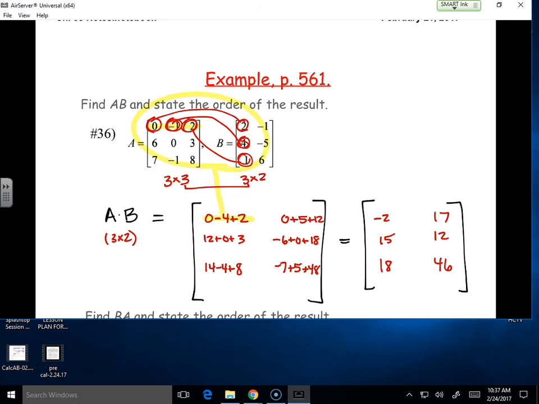You add 1, 2, 3. You add them all together, they're going to be this. The next one's going to be